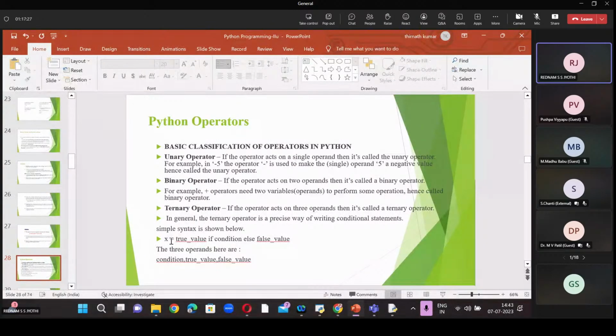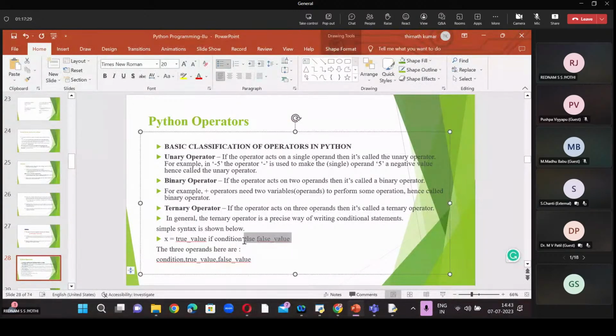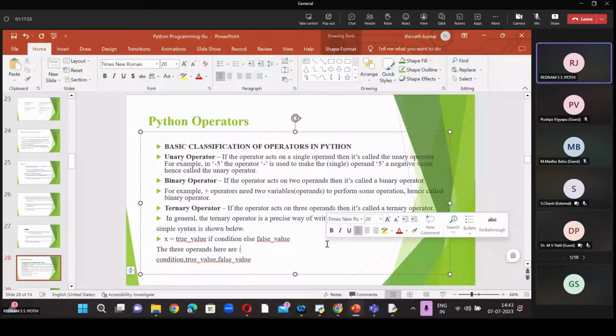Okay, so in Python, here we use: x equals true value if condition else false value. Whereas in Java and C programming, we have a conditional operator, question mark and colon.